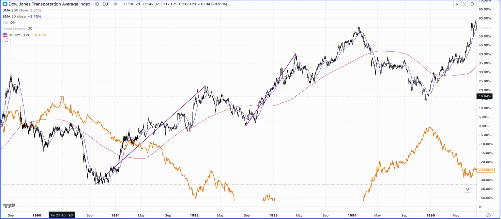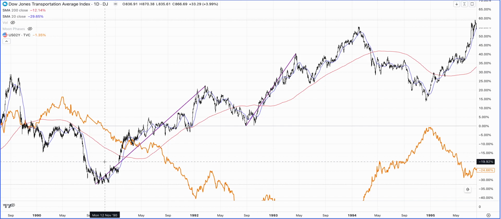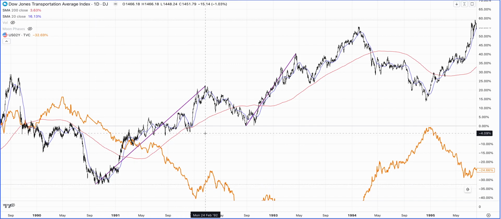So what I wanted to point out is that on the 2-year treasury note, there was an expectation that the Federal Reserve would be looking to lower the interest rates, right? Because of that, the yields began to decline, but it still took a while for the market to bottom in October of 1990. And then this phase, from October of 1990 to February 1992, is the discounting phase, where the market was discounting the fact that the interest rate will be going lower,